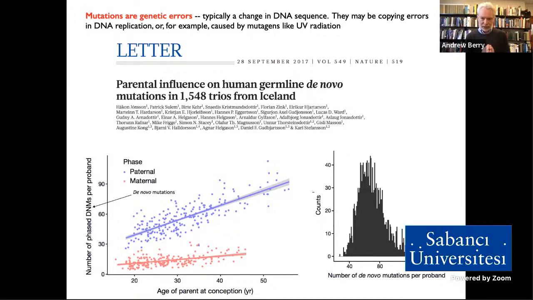It's a thermodynamic inevitability. This is actually a super cool piece of data from a study from just a few years ago, which is looking at the number of new mutations which occurred in you when you were born. And it's about 60 or 70 de novo, as we call them, mutations.